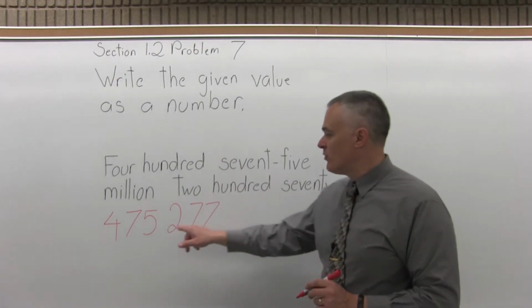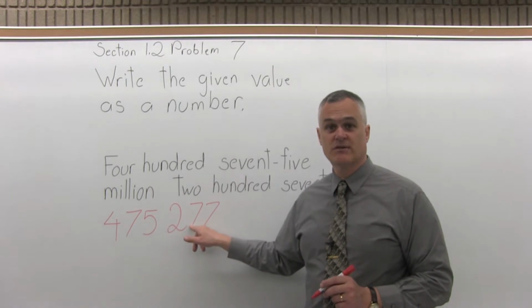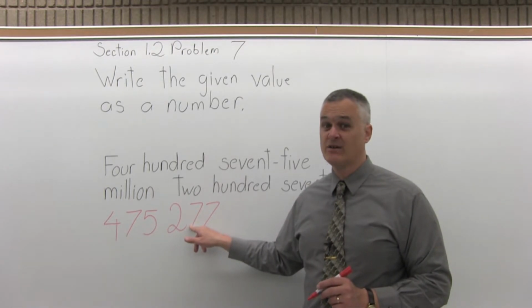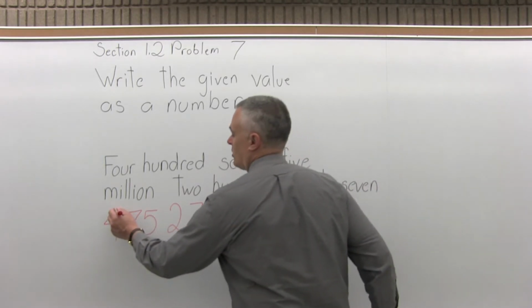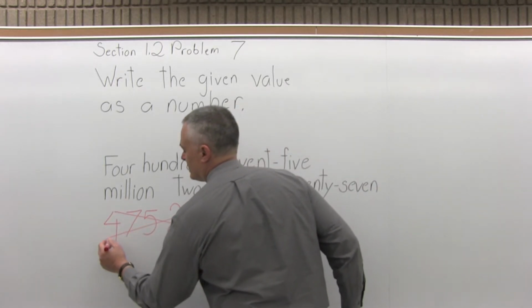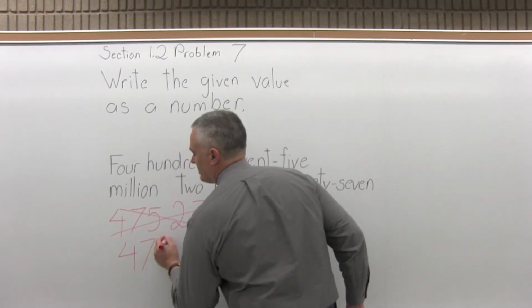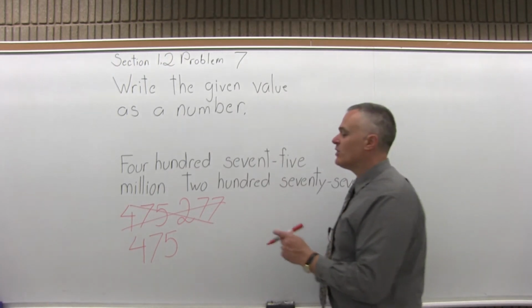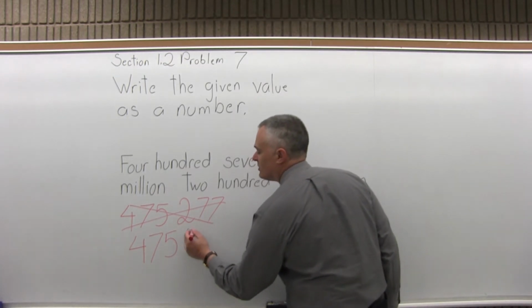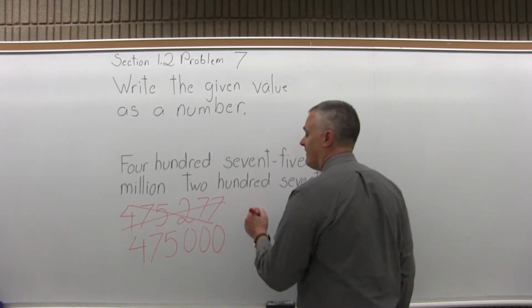Because if I write this as 475 million, and now I write the 277, it would be 277,000, which is not what the number is written out. So this is wrong. So the 475 was correct for the million. But this doesn't mention thousand, so what you want to do is fill in 3 zeros where you'd have thousand. You don't have any thousand. And then